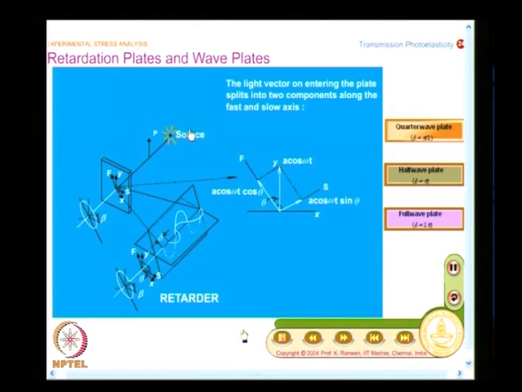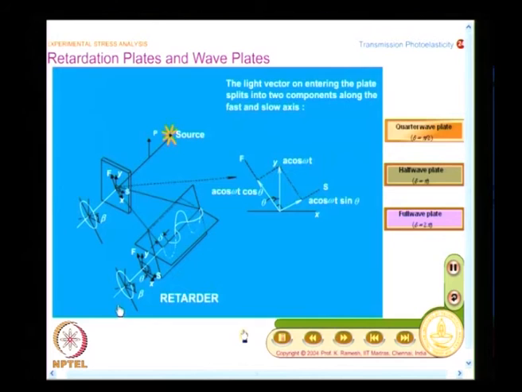I have a natural light source, which gives a plane polarized beam of light. When it hits the front surface, it splits into two components. Within the thickness of the crystal plate, it acquires a retardation. Why does it acquire a retardation? Because it has different refractive indices, and we have looked at refractive index as ratios of velocities. That is why I said we always want to look at them as ratios of velocities, because we want to feel that one wave will travel faster than the other.